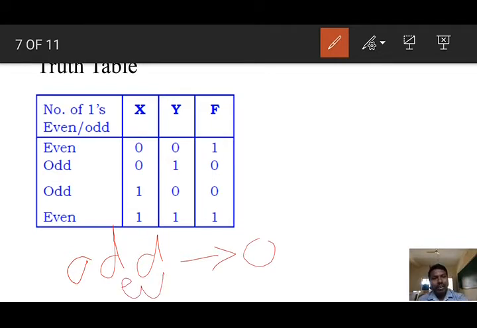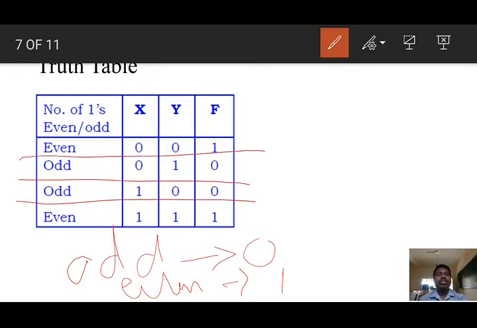If it is even, then the output is 1. We will check one by one. The first combination, 0, 0. How many ones are here? Zero ones. We know that 0 is an even number. So the output is 1. Next, 0, 1.